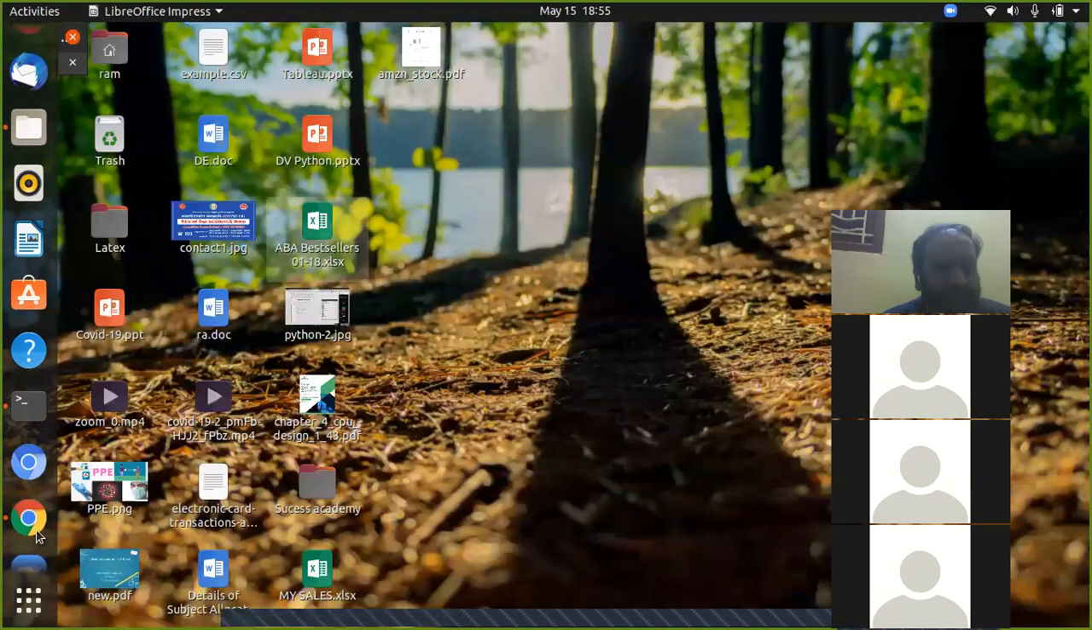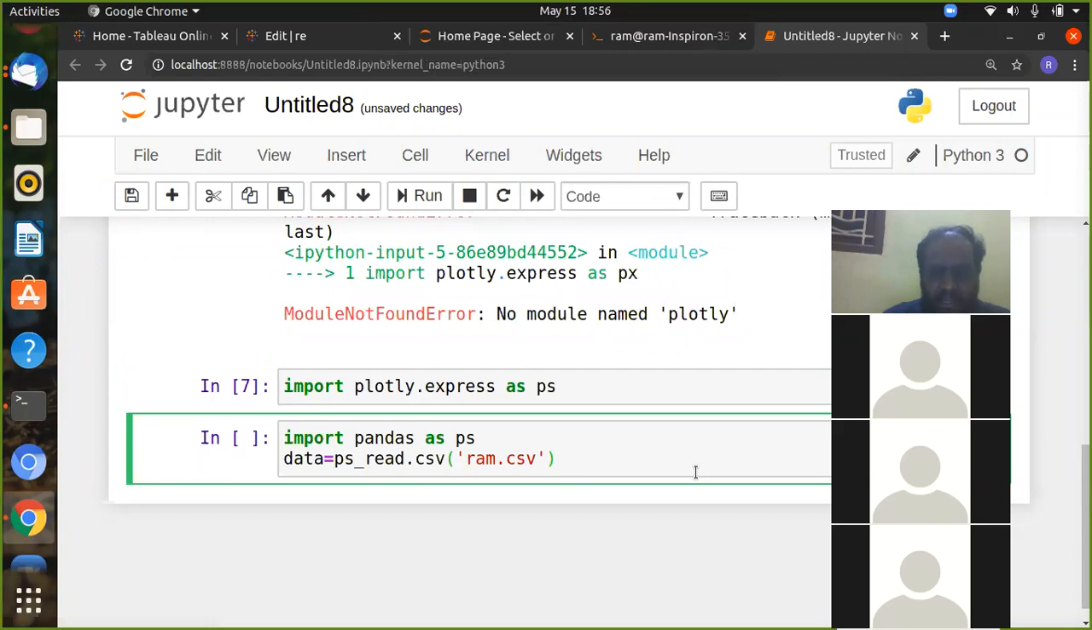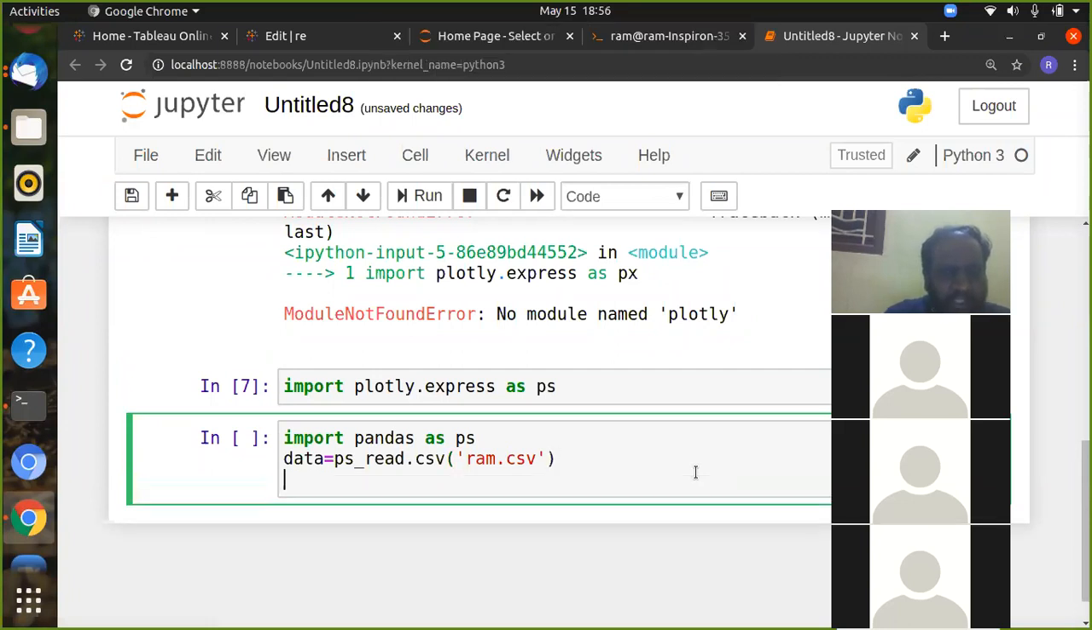So here we can put ram.csv, and we can show the data with data.show. I'm importing pandas as PS, and I can import my file ram.csv, which reads this file with the pandas variable PS and is stored in data. I want to show the data output, so it shows the